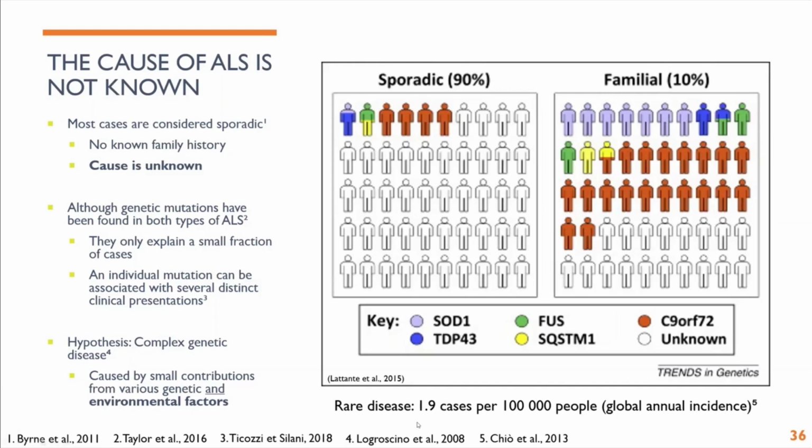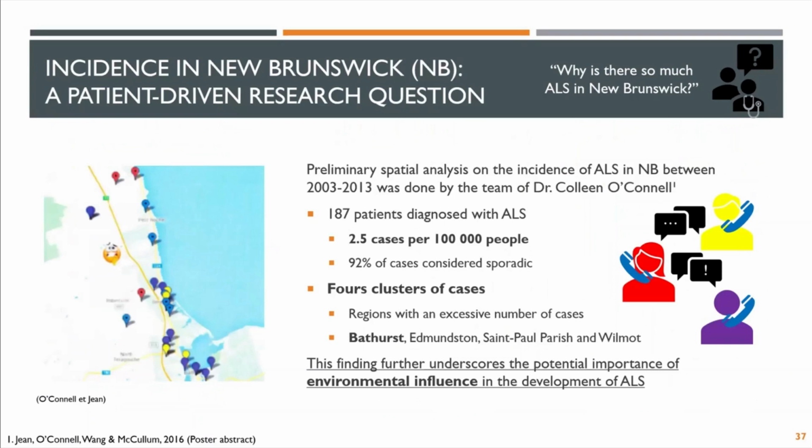It's hard to study this disease because unfortunately it's very rare. We're talking like 1.9 cases per 100,000 people for global incidence annually. We're kind of lucky and unlucky that it might be easier to study this disease in New Brunswick. Lucky in the sense we can study it. Unfortunate that, well, it seems like, and this is really a patient-driven research question, a bunch of patients have been asking their clinicians, why is there so much ALS in New Brunswick? And sure enough, that resulted in Dr. Colleen O'Connell's team